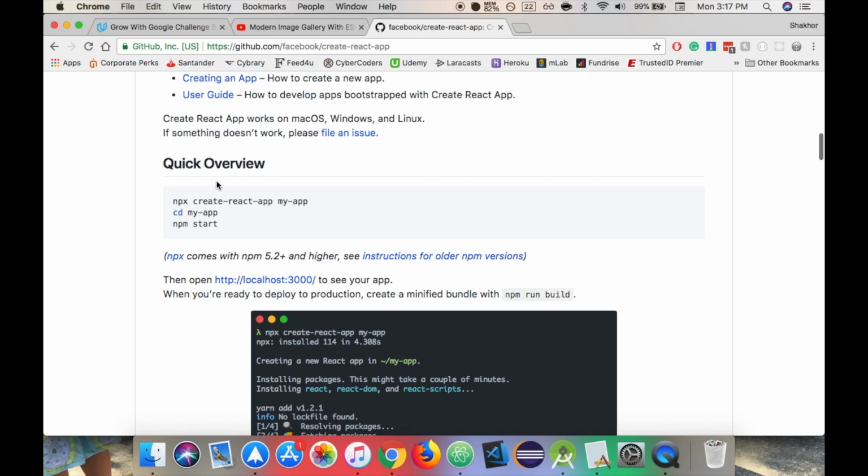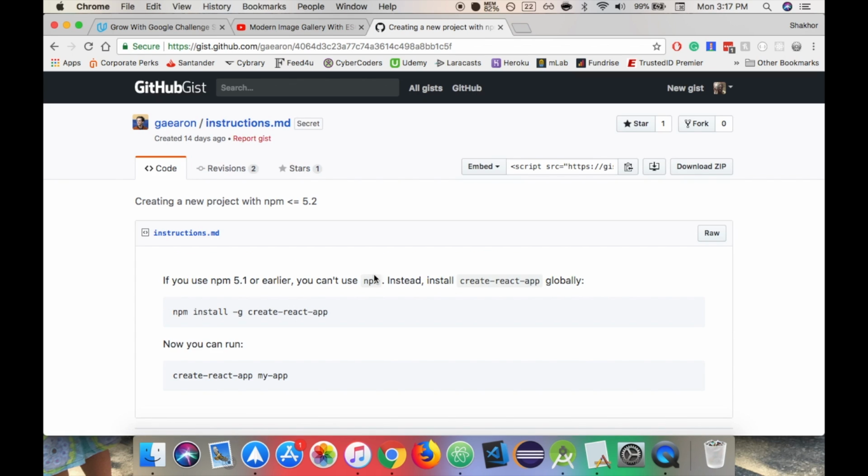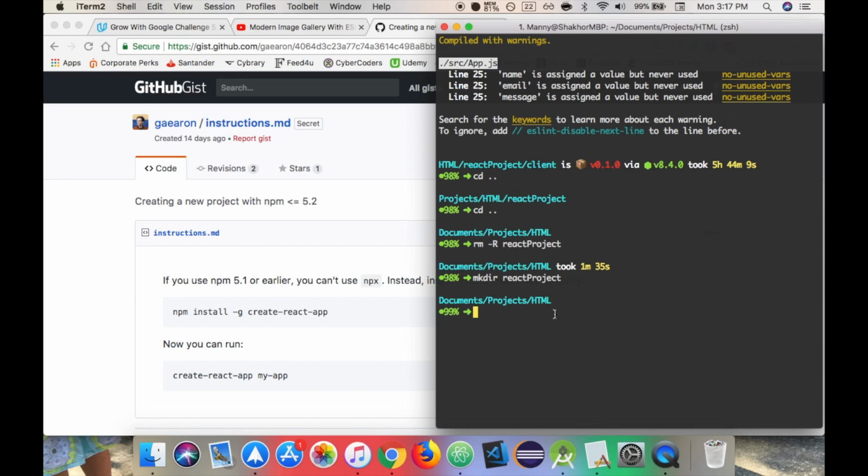So you're gonna scroll down. We use the old version, the old method. We're going to install create React app globally. So inside of the folder you just created, well, first we need to change directory into it. So inside of the folder you just created, we're going to run npm i -g,